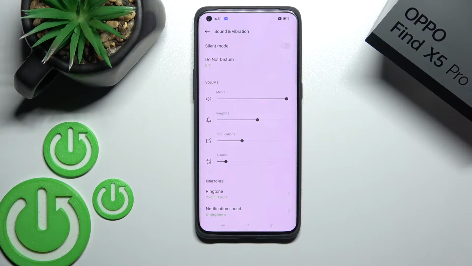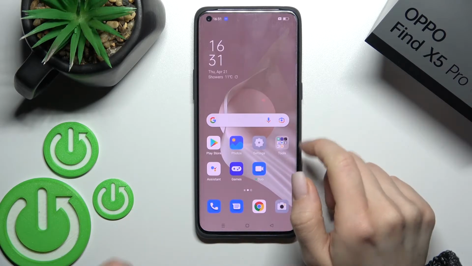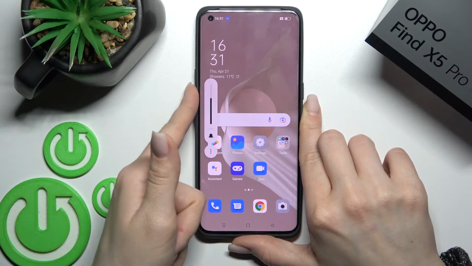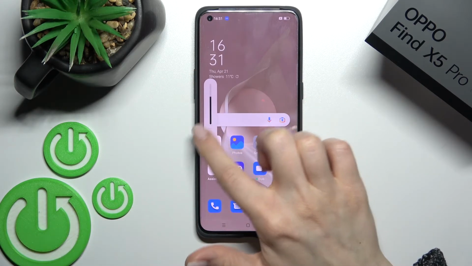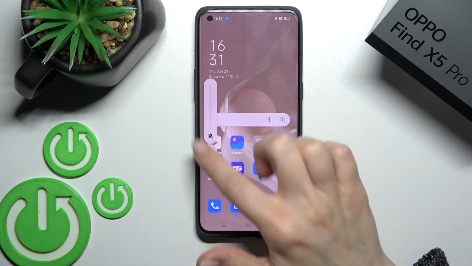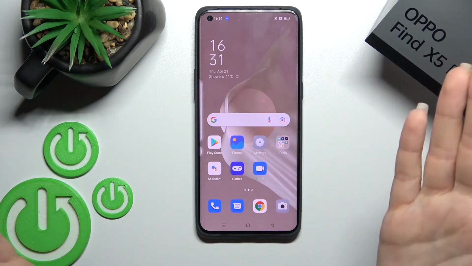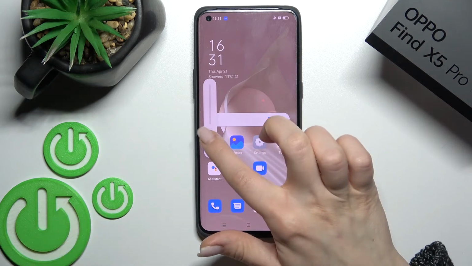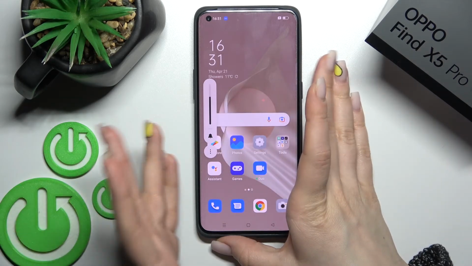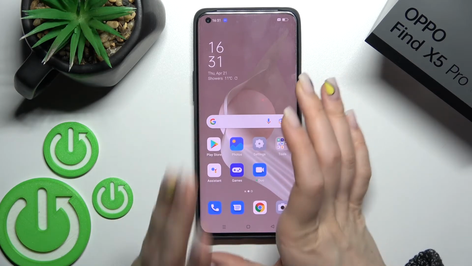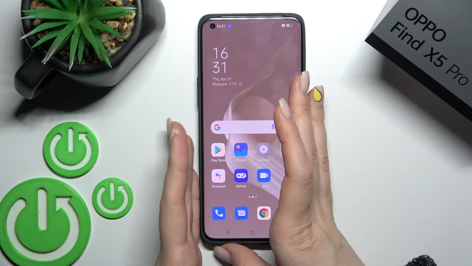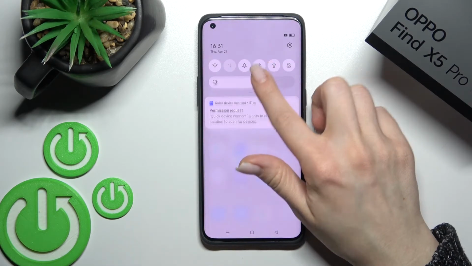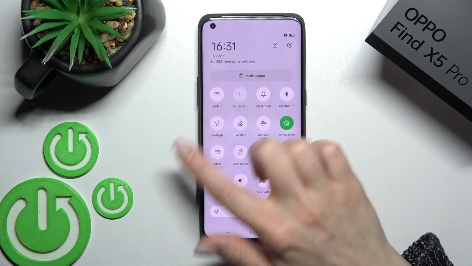And we also have a third way to do that. Just press the volume up or down button, it doesn't matter, and here you'll see the bell icon. Just click once on the bell icon and you will activate silent mode. And to turn off silent mode, click once again on this silent bell icon, and that's it. And one more way you can do that: open the notification panel, and somewhere here on